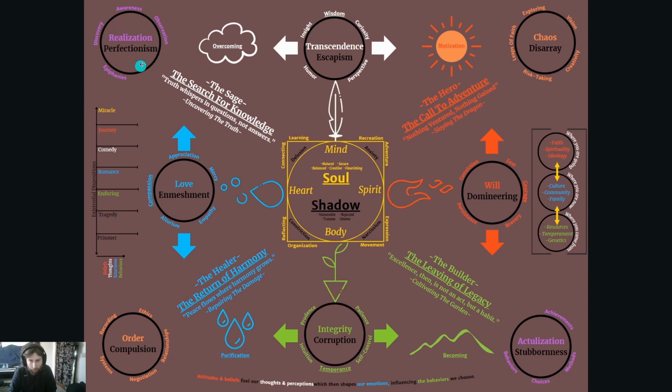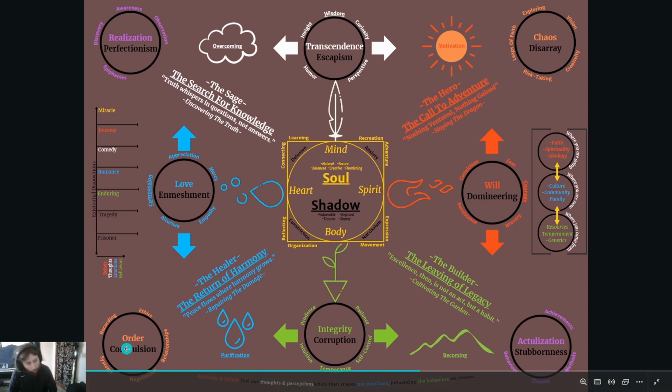When we have too much realization in excess, that's going to look like perfectionism. And ultimately, that's going to insert delusions into our shadow, and that's going to expand our shadow via delusion. When we have too much order, the excess of order is compulsion, and